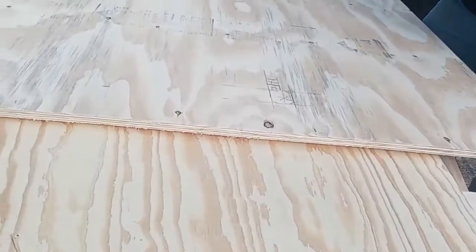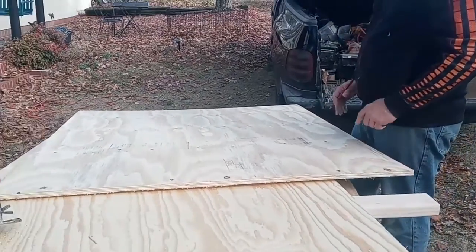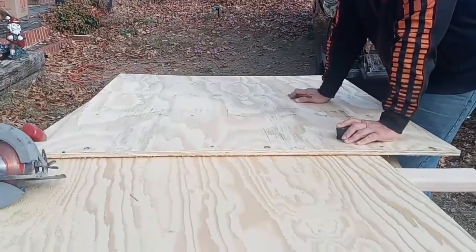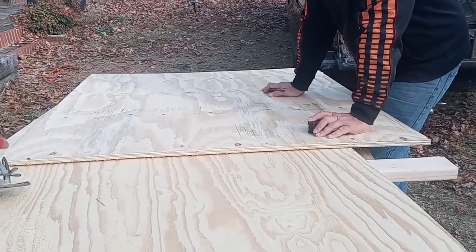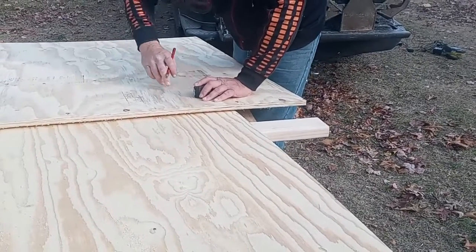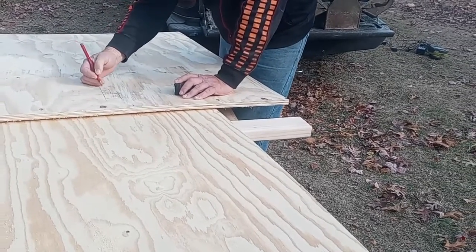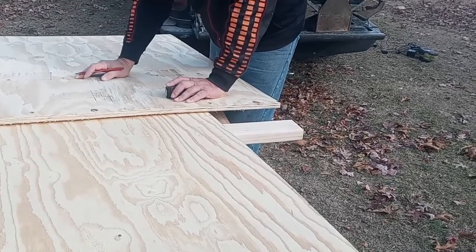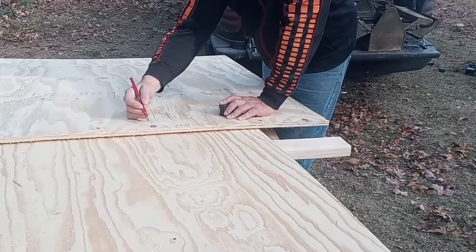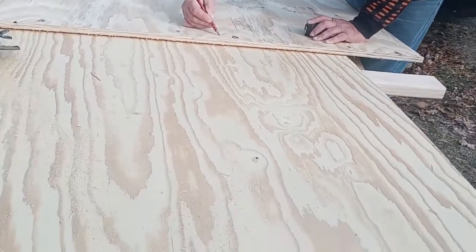Now, we have a floor vent over here. This side is not really the pretty side, but the other pretty side had a great big chunk missing out of it, so I've turned it over to this side. And what I want to do next is get that floor vent and then mark where the floor joists are, so I can cut. Sometimes, if I want to, I can angle cut, but it also helps kind of lay out where we put the screws. But what I'll probably do is go at an angle, say like that,